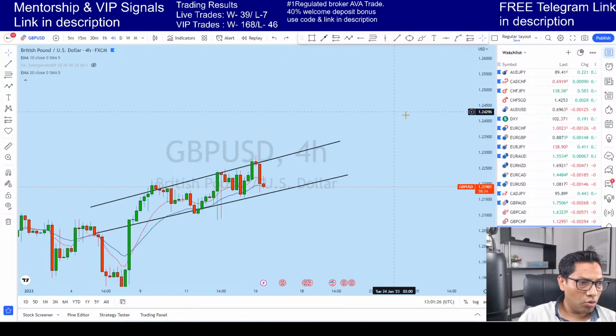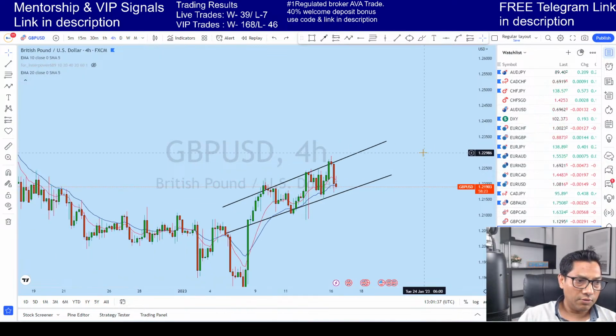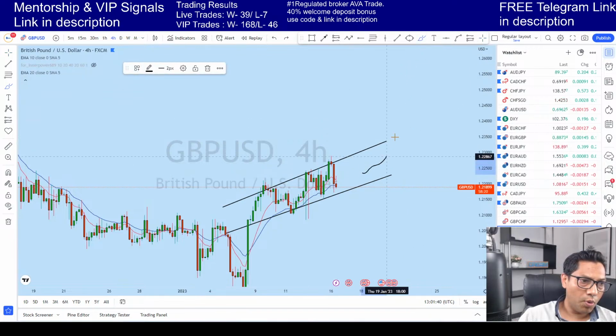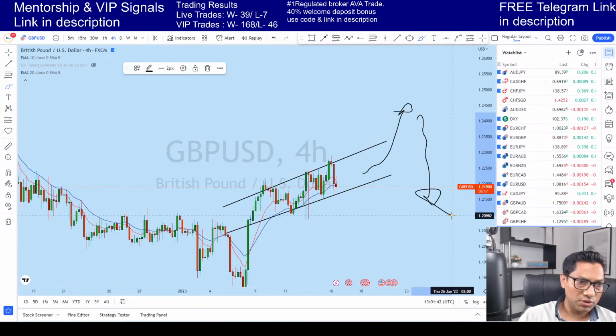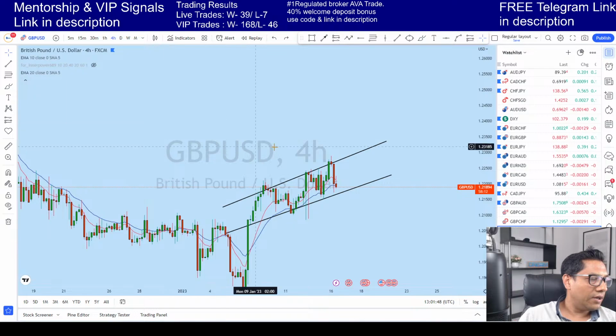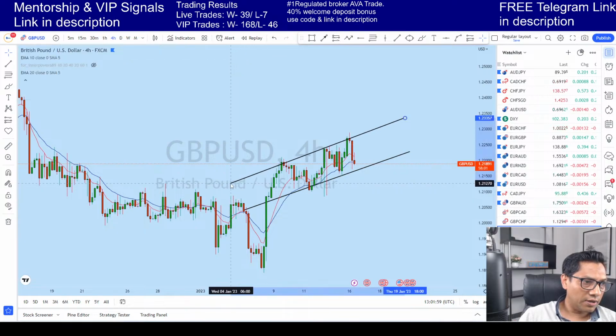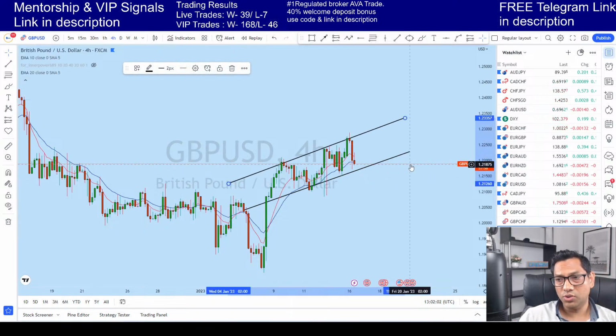If you know the market structure, then you will eliminate a lot of trades that you probably shouldn't take. Probably you bought and the market started to sell off because of the market structure. Now it doesn't guarantee that you will always be right, but you will have a very high chance of being right. Once you know the market structure, you know when to buy and when to sell. It's very important. So you can see that GBPUSD